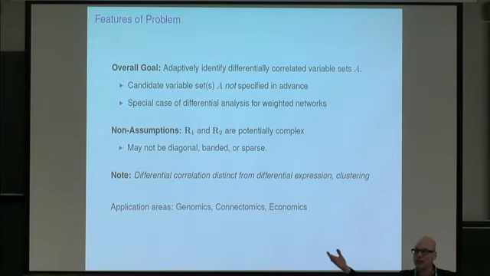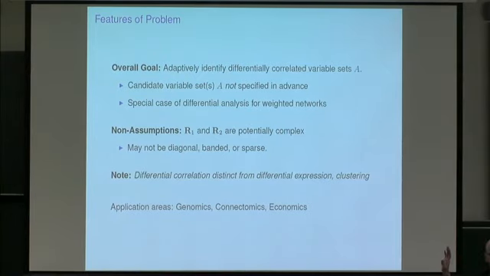If you're given two weighted networks, my question is not, are these the same, but is there some community or subset of those networks where the two networks differ? That's essentially the problem that I'm asking in a very special case. So no claims to generality here, but if you want to think about this more generally, that's what we're doing. And this could be a really great thing to study in more generality, but we haven't done it.